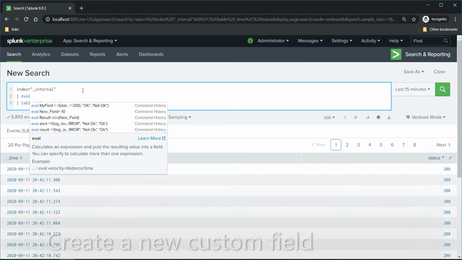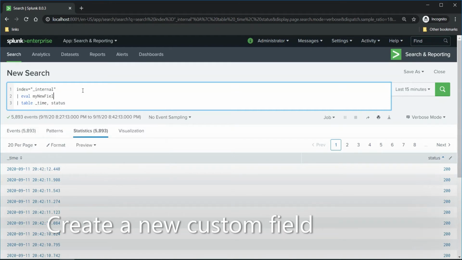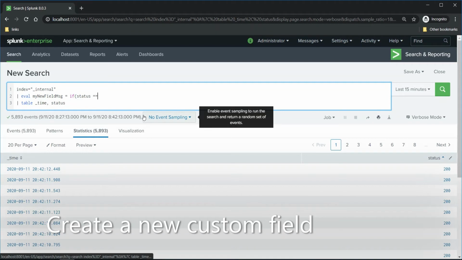So I'll just write here eval, and my new field is message, for example, a custom field, and you can write the if statement. It is the status field which I'm using. So if status equal to, for example, 200, then I want to print something, for example I'm okay.